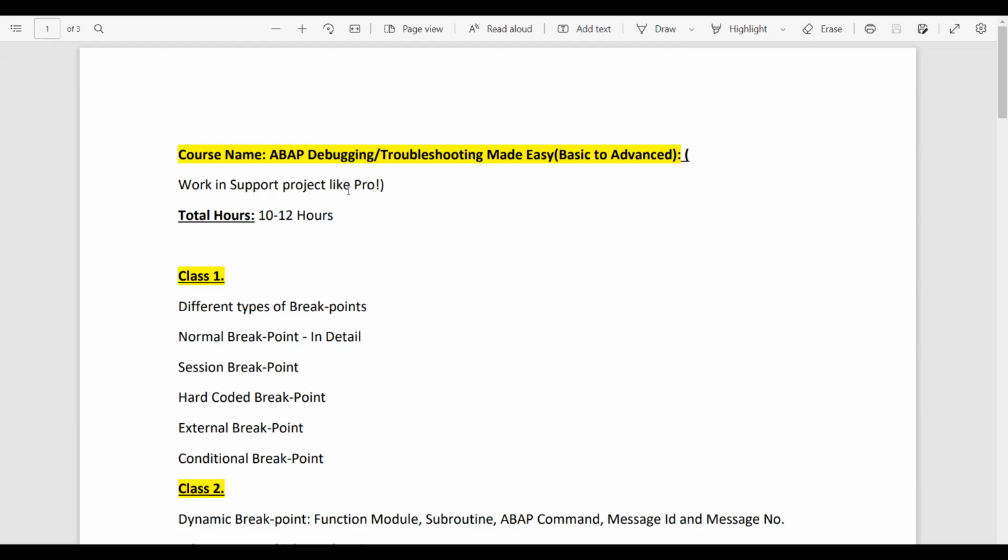This course is a good course for those who are really working in the support project and one who is willing to enhance their debugging skill like a pro